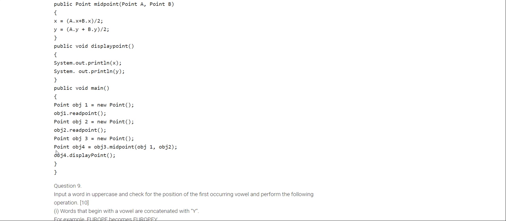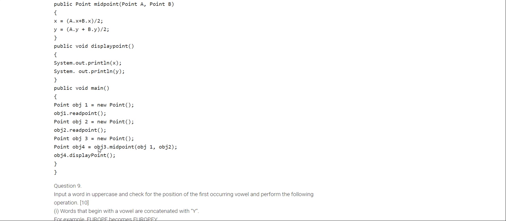We have already learned that a class works as a user defined data type. So it also works as a data type like integer, float, double. The class name also works like a data type, which is called a user defined data type, because the user defines this data type.